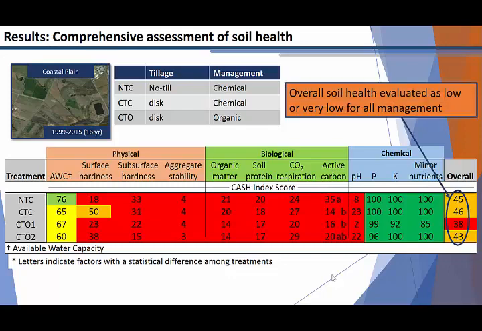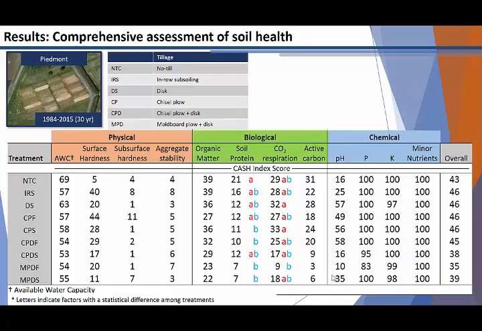And then I'll move on to the next location, our Piedmont location, which had the intensive tillage going from no-till all the way to moldboard plowing. The table here is laid out the same way where we have our physical, biological, and chemical, and then overall score at the end. The letters indicate where you have differences. And as you see again, there's no statistical difference in our physical and chemical indicators, but when we look at